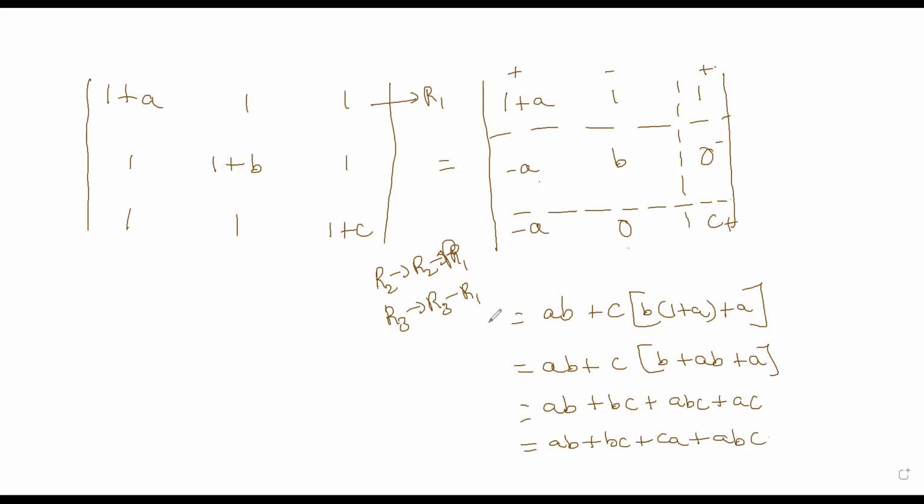This same result is written in a different form also. ABC will be taken out as common, so it will be written as ABC times 1 plus 1 by A plus 1 by B plus 1 by C. Entire ABC will be taken out as common. Try it, you will get it. The LCM of all this, you will get this. So this is the other way of writing the same answer. This question will be asked like this also. So this is a very important one, I want to tell you, very important.